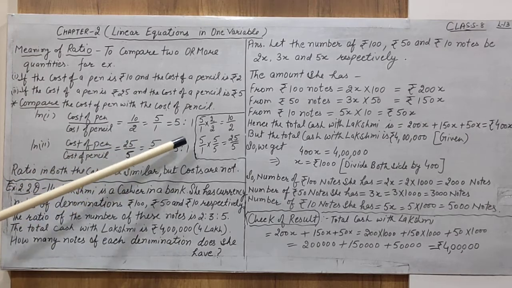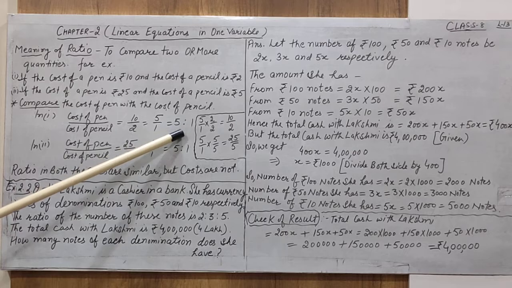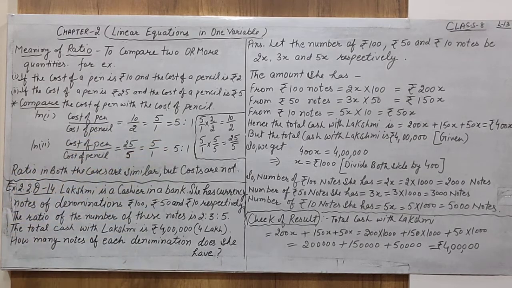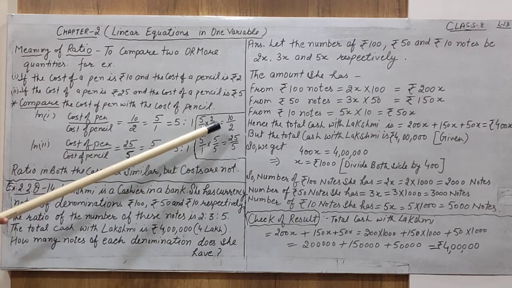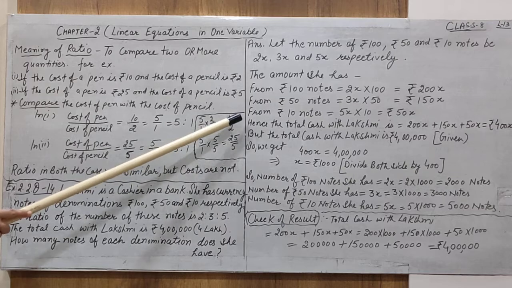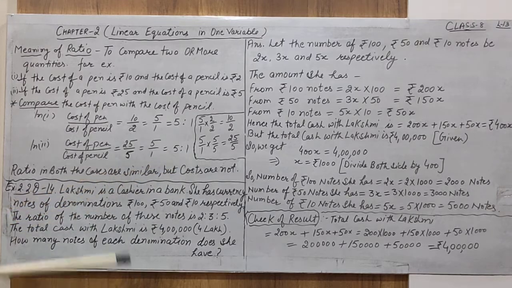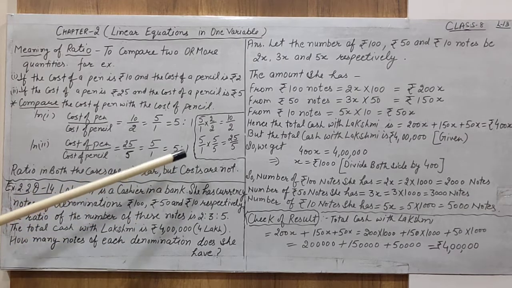Understand? So the only ratio cannot give us the exact amount. Understand this thing. If the ratio is given, how can we find the exact amount? Let us suppose 5:1 is given and I have to find this amount. How can we find it? We have to multiply the numerator and the denominator by the same number, that is 2, and we get the result 10 divided by 2. If 5:1 is given and I want to find 25/5, what do I have to do?